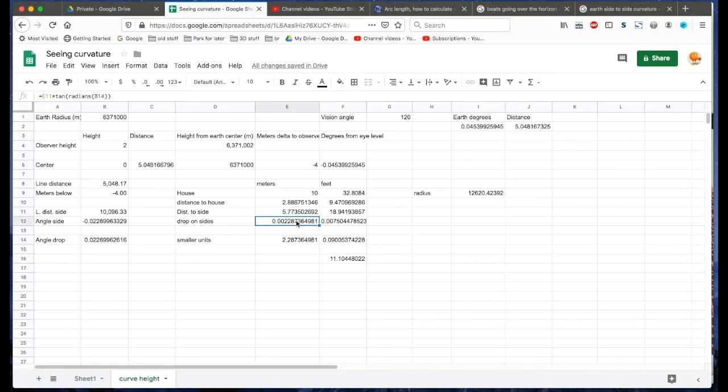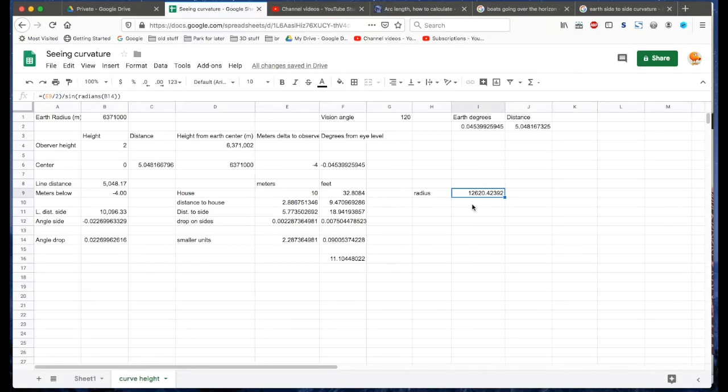The drop on either side of the house from eye level would be 0.002287 meters or 2.28 millimeters. To put that in imperial terms, I took 10 meters and converted it to feet. I used the same formulas here to give me 0.0900537 inches, or 1/11th of an inch. I use this formula to calculate what the radius of that circle would have to be,